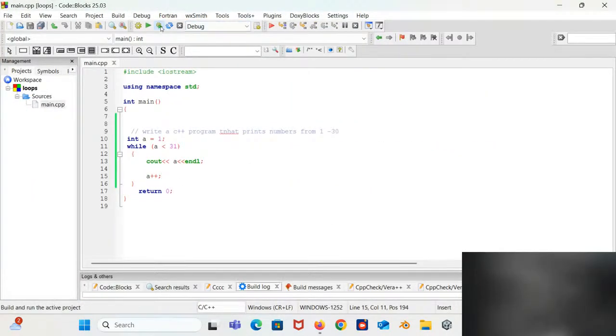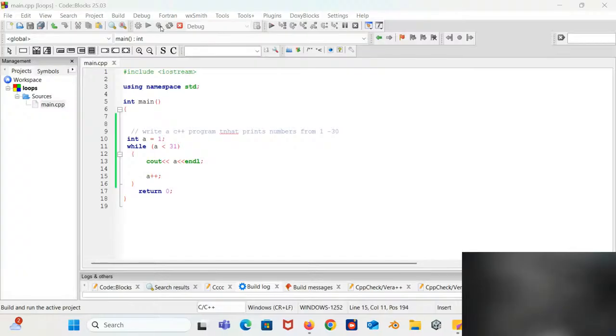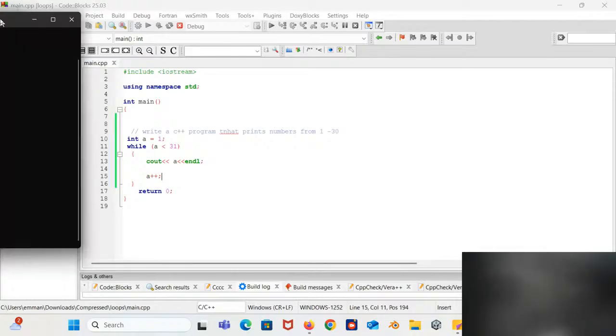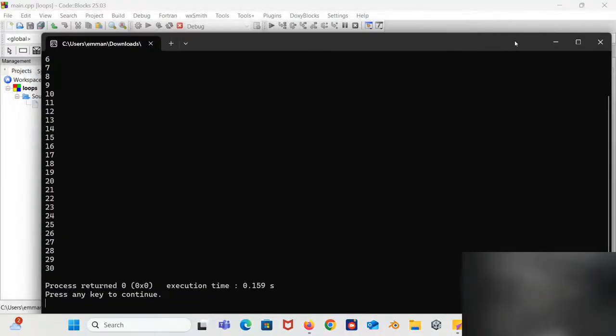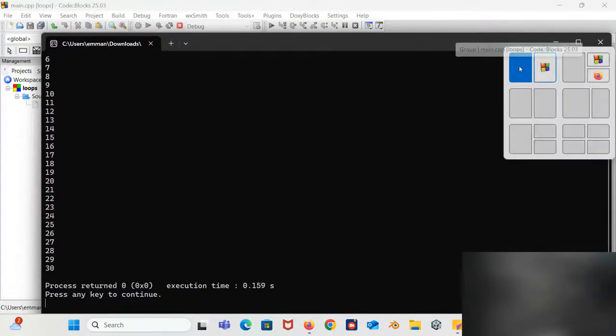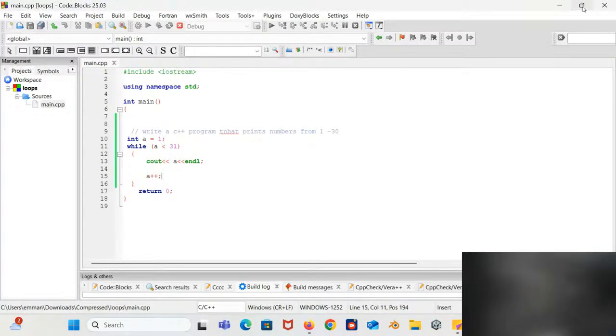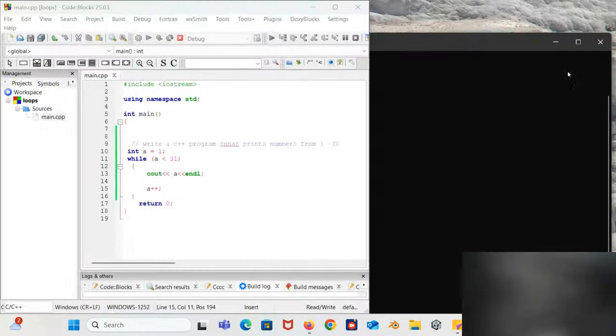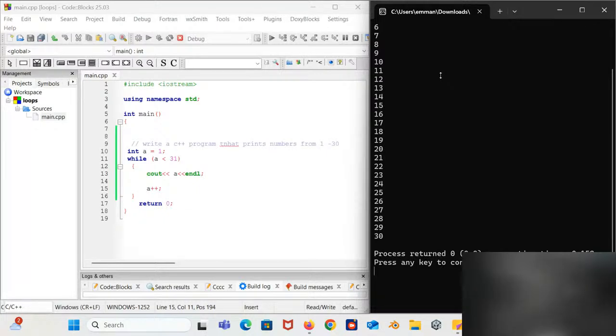So when I compile and then I run this, screen two. Is it clear now? I believe that you cannot see the screen now, right?